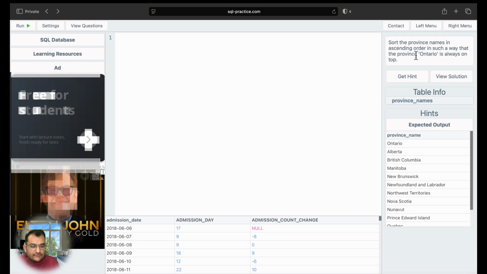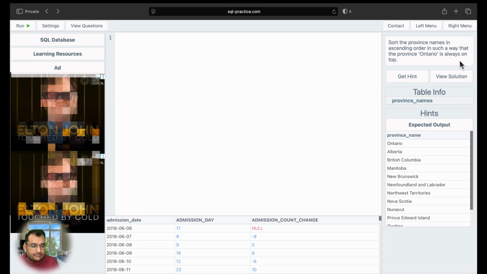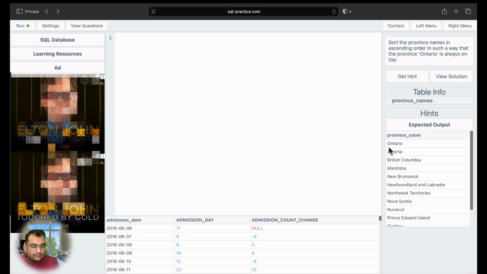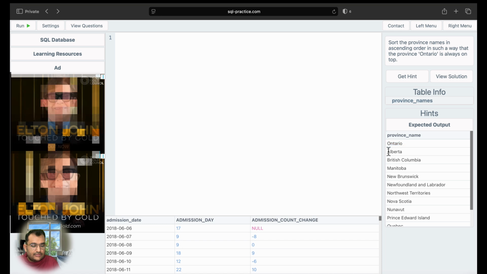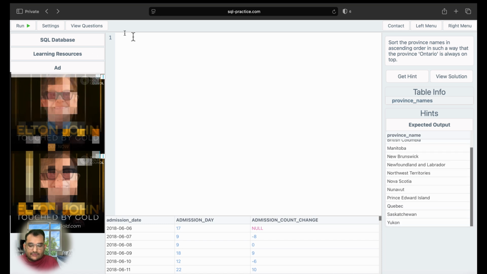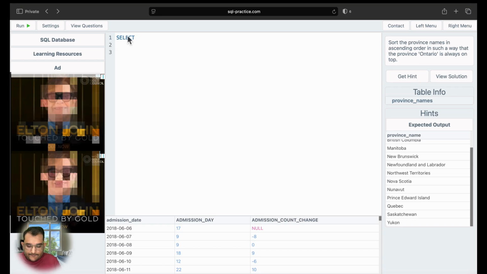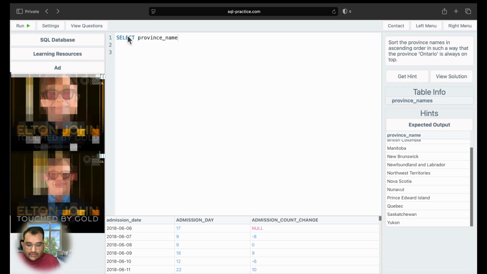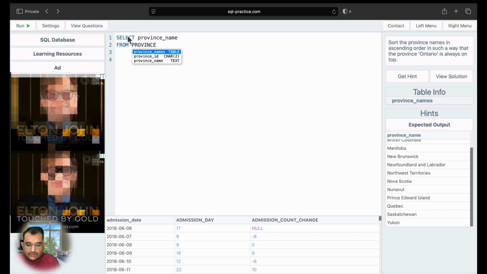It says sort the province names in ascending order in a way that the province Ontario always appears on the top. Okay, so if I look at the output, everything is sorted except for Ontario. So we have to have Ontario at the very top, followed by all the other province names. Let's see how we can do this. Select province name from province names,